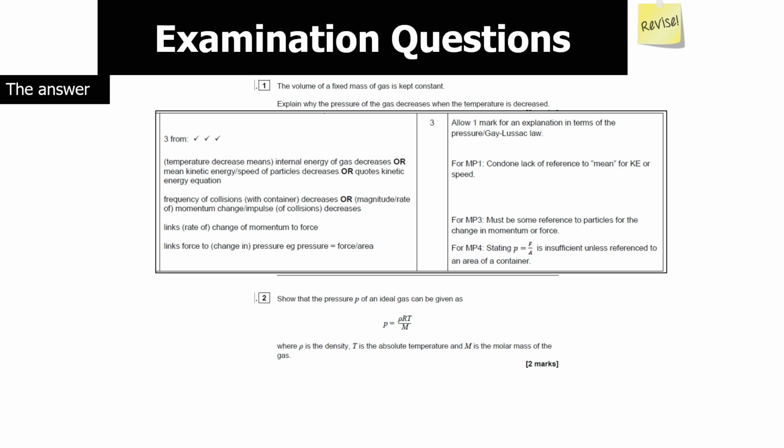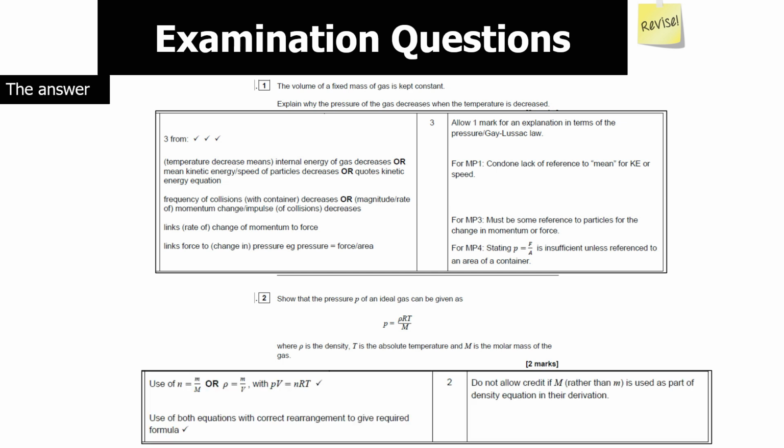Now the next question links to a lot of the previous equations you know for thermal physics. So we know that the number of moles is equal to m over M. We know that rho is equal to m over V, and we know that PV equals nRT. So what you need to be able to do is link those into the equation. You can start with PV equals nRT. We can then sub in m over M for n,